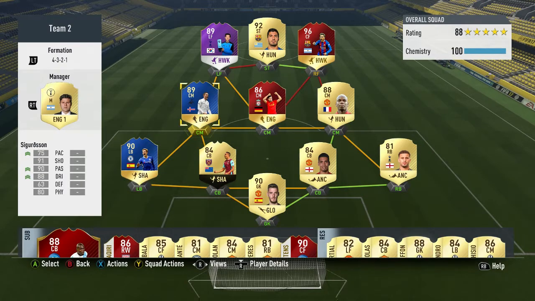However, guys, that is the team on the screen in front of you that managed to get us Elite 3 for the week, and you'll see right there, I've swapped out Kante for Sigurdsson. And I think this is just a better play. To be honest, yes, Son's still off chemistry. Now Emre Can's off chemistry. And Messi's also off chemistry. But